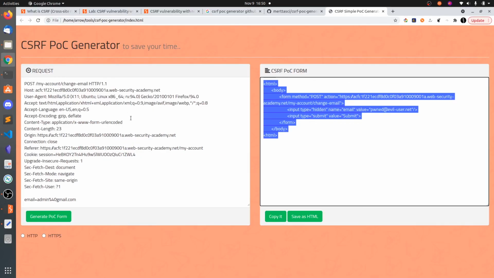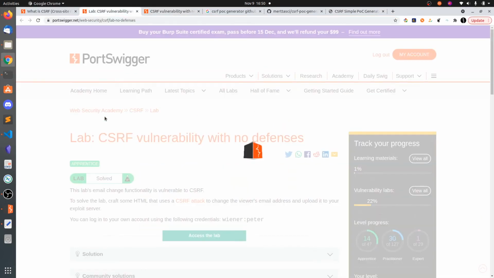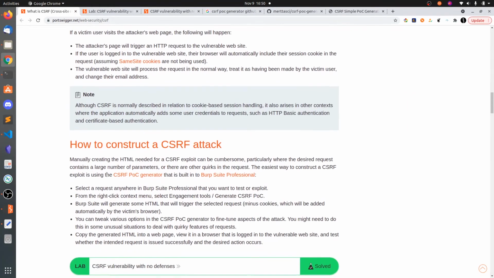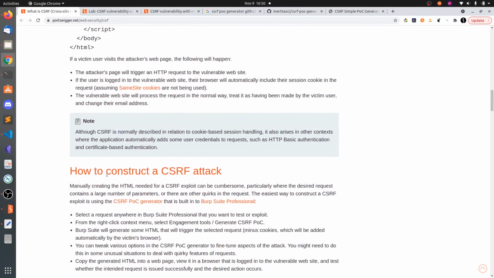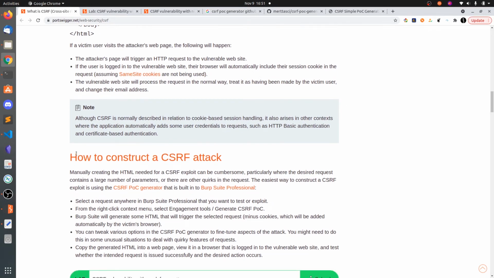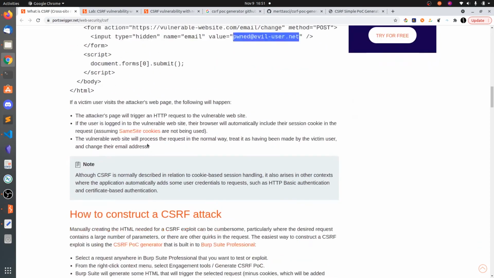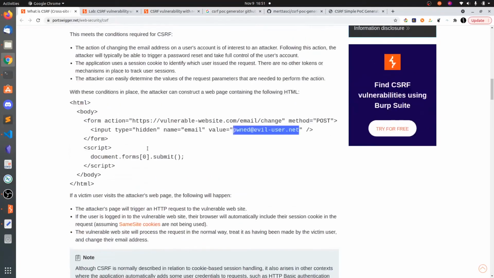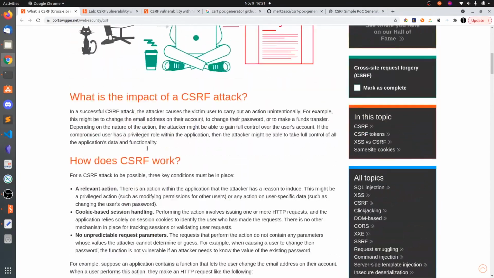So this is CSRF, a very critical one, if there are no proper checks for the actions that are going to take place in the website. These actions can be of any type: changing email, changing password, buying the products in the cart, etc. All these things should be properly checked whether these users are legit or not. And we'll also be discussing CSRF tokens.